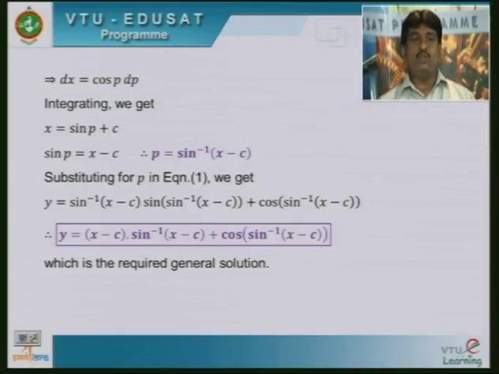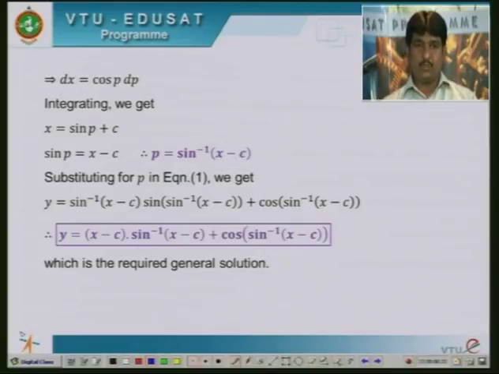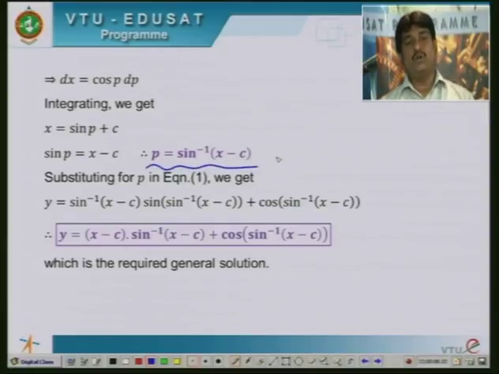Separate x and p to get dx equals cos p dp. Now integrate this to get x equals sin p plus c. So sin p is x minus c, which in turn implies p is sin inverse of x minus c. Now we have to substitute this value in the given differential equation to get this equation, y equals